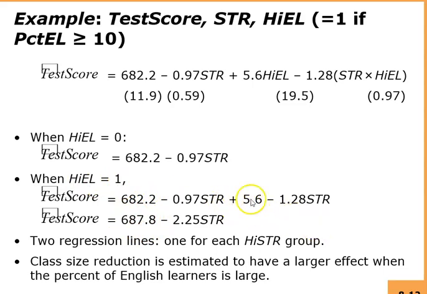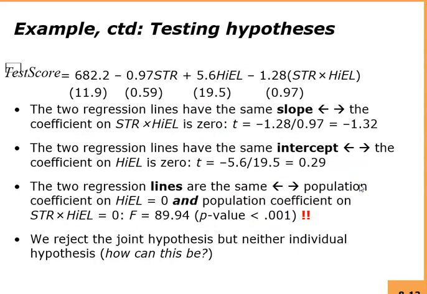So essentially this coefficient 5.6, the coefficient of high EL, determines the change in the intercept between the two equations. That's why, to test this hypothesis that the two regression lines have the same intercept, we basically just have to see whether the coefficient on high EL